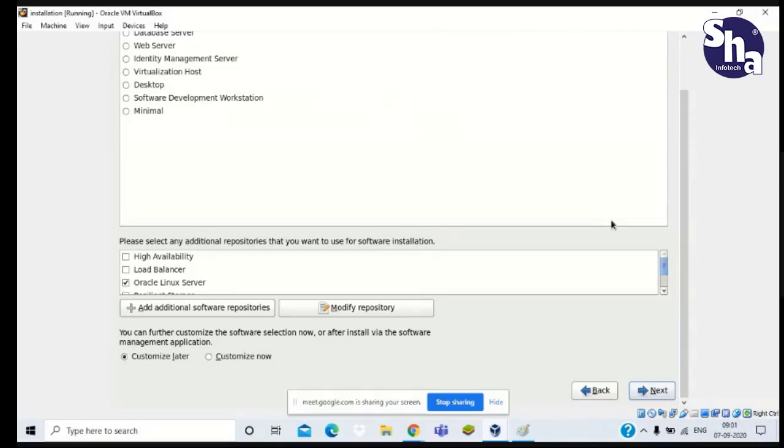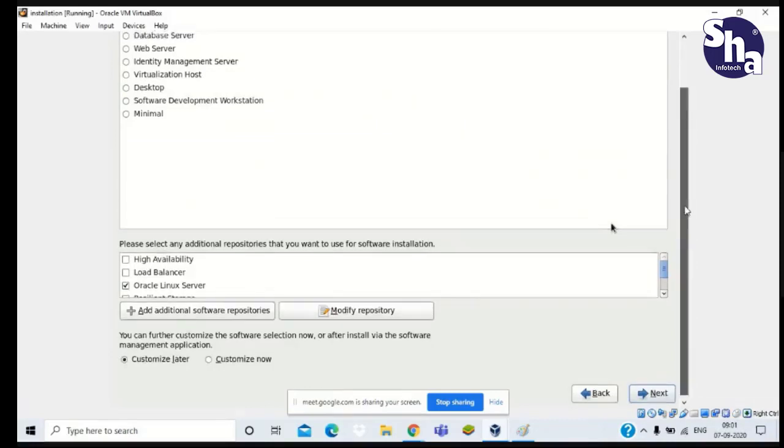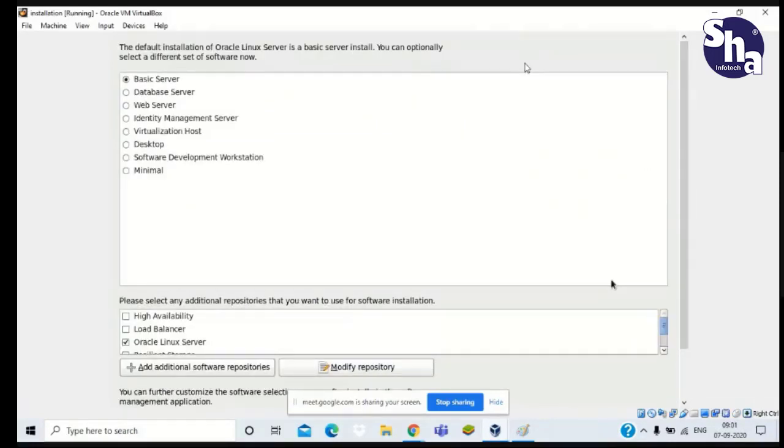Now you can see there are a lot of options. Now it is time for the Oracle Linux packages. We have to download some Linux packages, and from these options you have to select one.